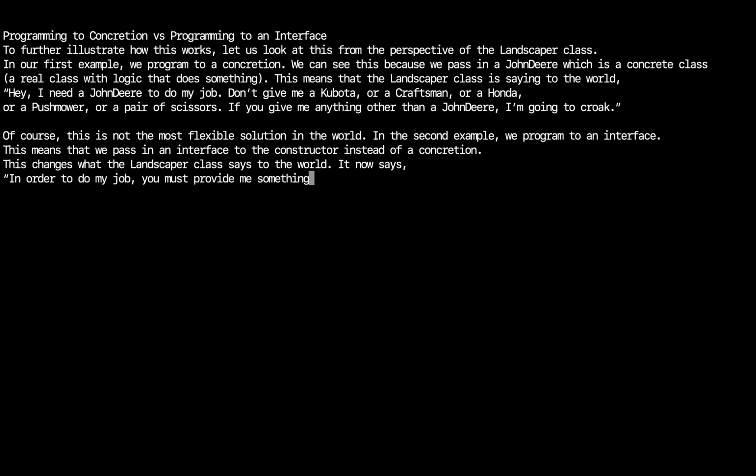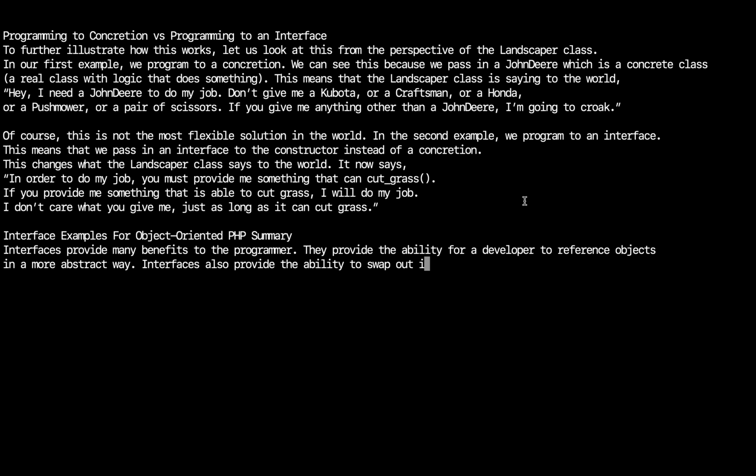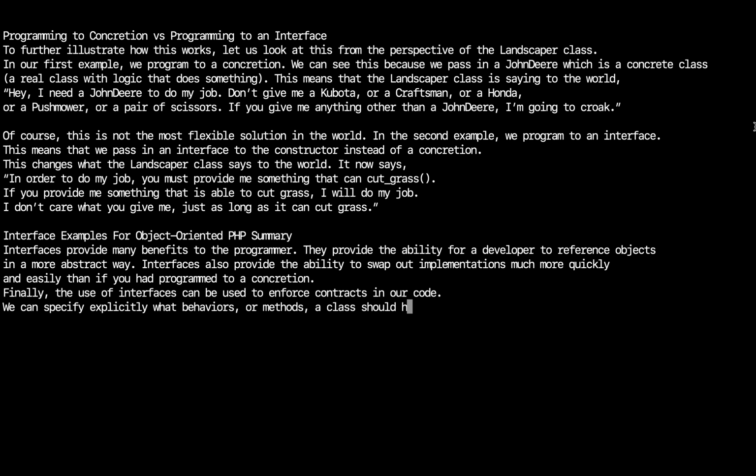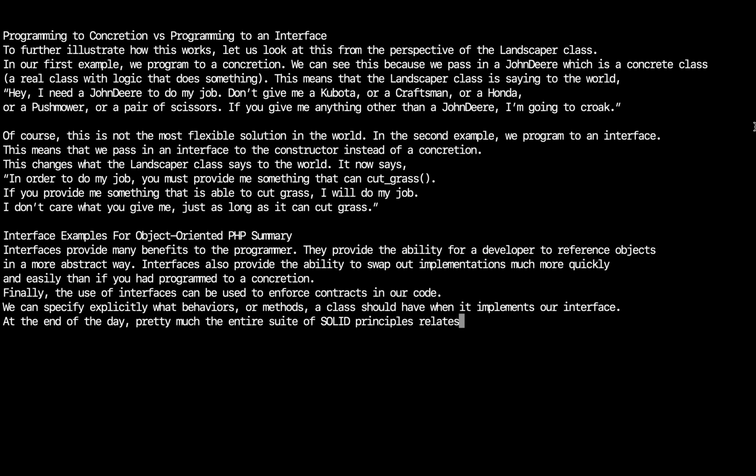Interface examples for object-oriented PHP. Summary: interfaces provide many benefits to the programmer. They provide the ability for a developer to reference objects in a more abstract way. Interfaces also provide the ability to swap out implementations much more quickly and easily than if you had programmed to a concretion. Finally, the use of interfaces can be used to enforce contracts in our code. We can specify explicitly what behaviors, or methods, a class should have when it implements our interface. At the end of the day,